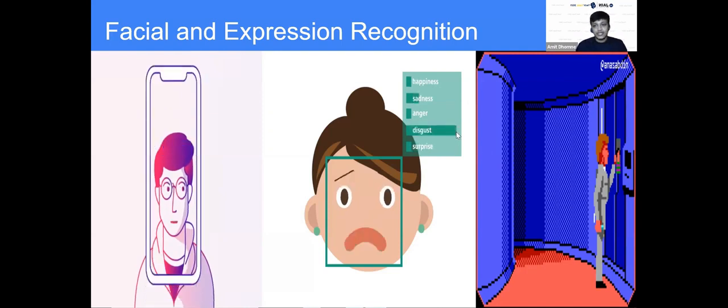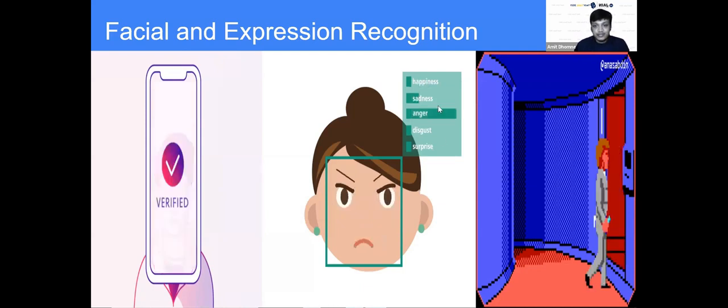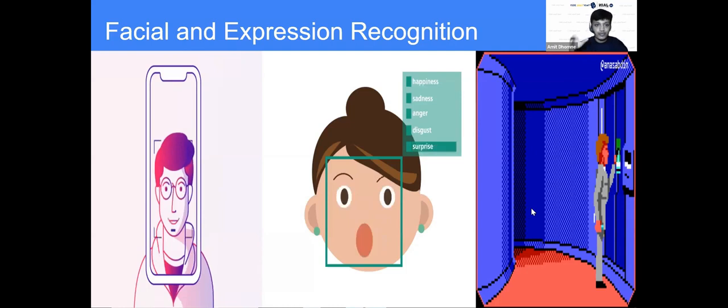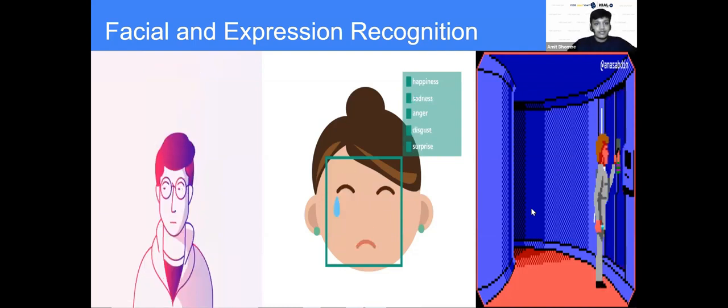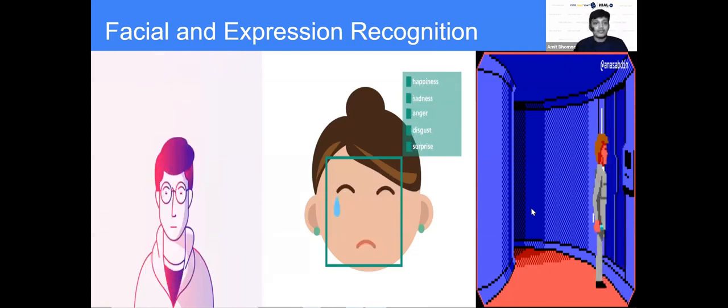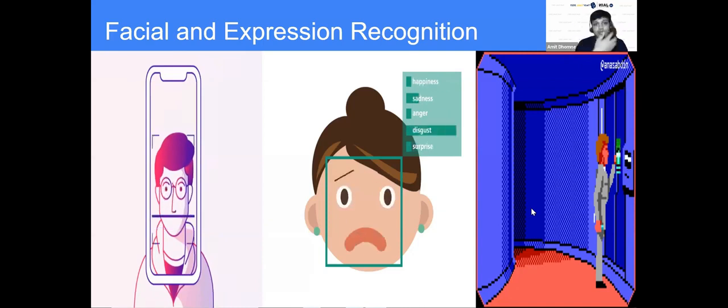You can see how the expression changes, and the detection is based on this expression. Suppose I'm smiling. Based on my structure, my lips will extend and my eyes will change. So when machine learning or artificial intelligence scans an image, it sees the structure of my face, and based on that it makes a prediction.